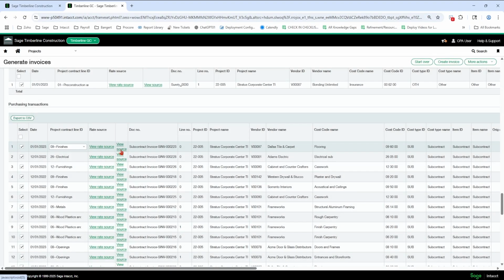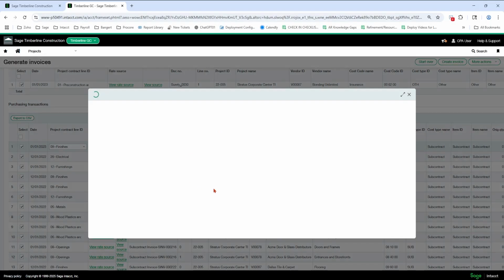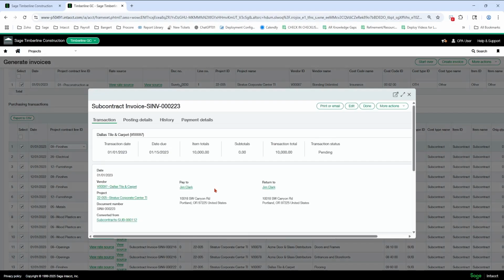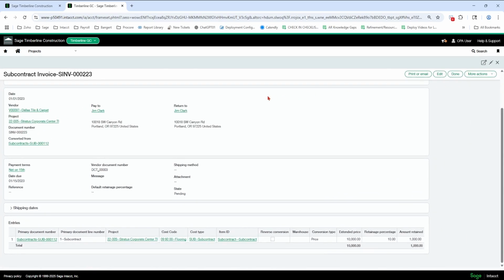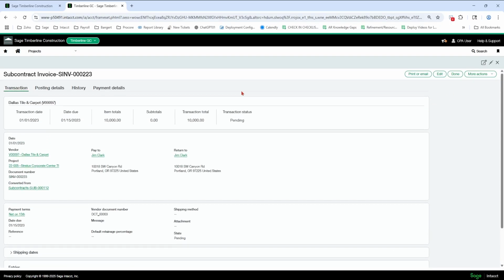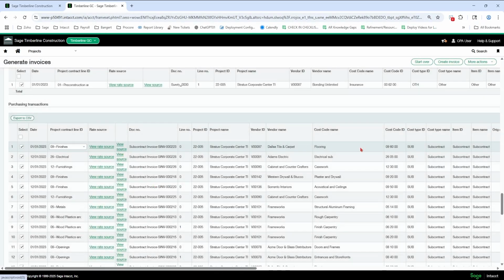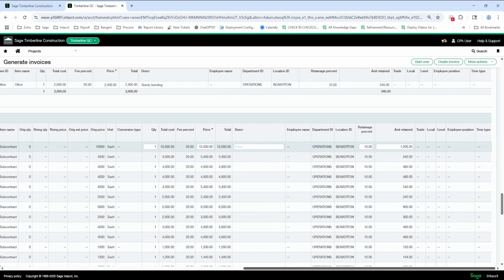The view source, I can click on that and see the actual transaction. And scroll down. If I had an attachment in the system right here, or Sage Paperless pushed in the attachment, I could see the image of the bill by clicking on the paperclip there, or the image would be here on the right. I could see the coding, and then I would see that image over here on the right if I had an attachment there. So it's really handy, these links right here, to quickly see what this is and do I want to bill it. Sometimes that happens. You need to look at the image from the subcontractor or vendor.